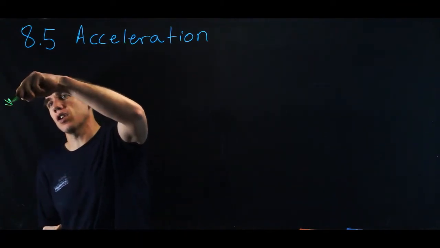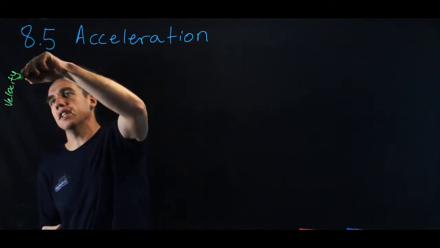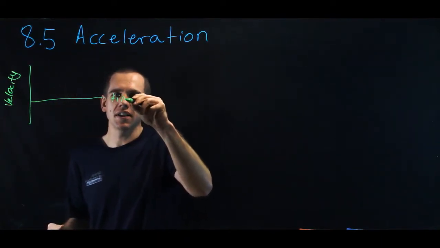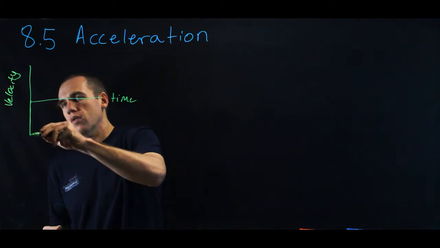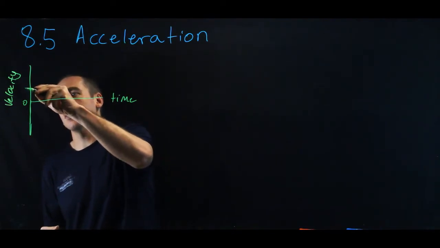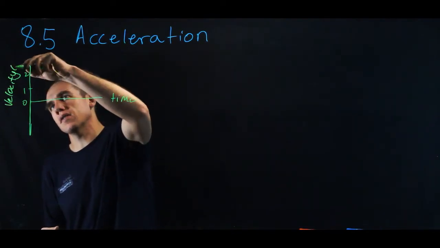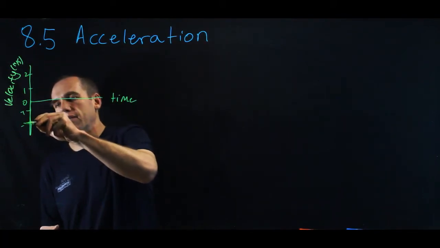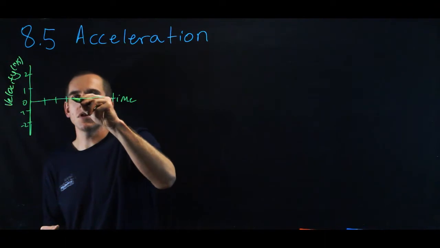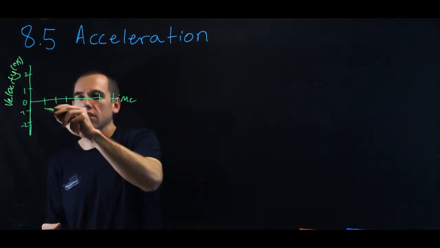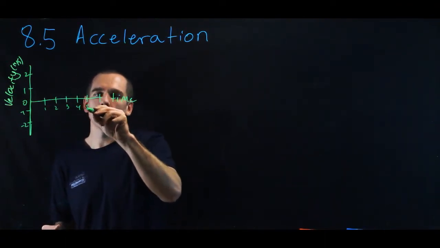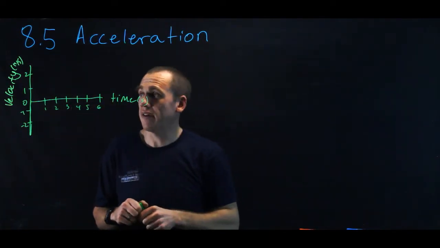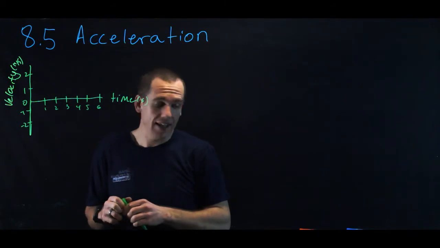So let's first start by looking at a velocity versus time graph. And I'm going to draw a few distinct sections on this. And let's go ahead and label and scale. So 0, 1, 2, and this is of course meters per second. And we'll go -1, -2, and we'll go 1, 2, 3, 4, 5, 6 seconds. Okay. So if I have a velocity versus time graph that looks like that, and I'm going to go ahead